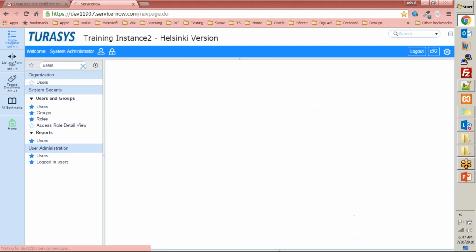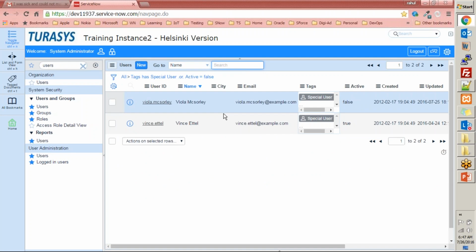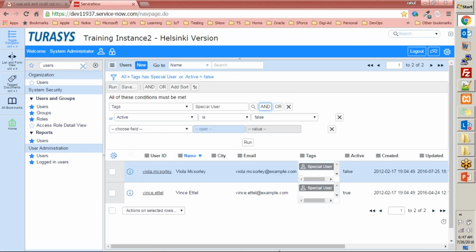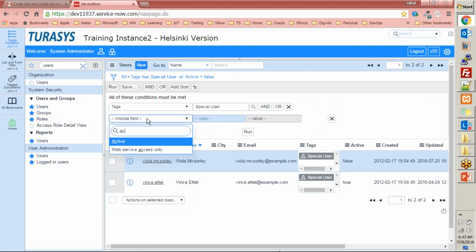Let's go ahead and run this report. When I run this report, oh, we did OR. We should not do that OR. We should do AND instead. Let's do this and do active is true